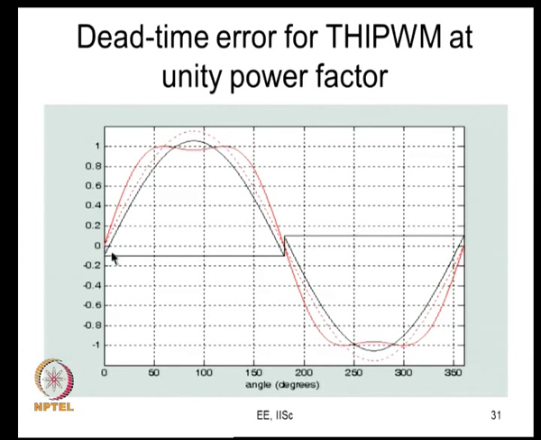Here again, let us say we have unity power factor current. When you have unity power factor current, once again the dead time error is the same. This is the average dead time error, it is the same. So, when the current is positive, there is a negative error, and when the current is negative, it is positive error. So, it does not actually depend upon the duty ratio. Say, for example, if the duty ratio here is 0.8 or 0.9, it does not seriously matter.